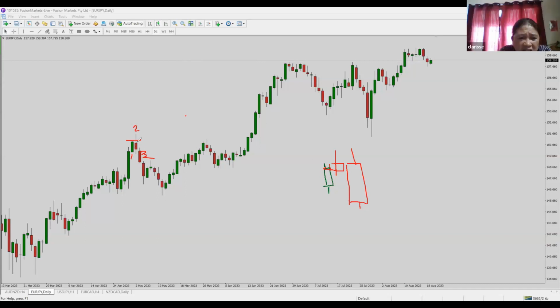Yes. The wick trade above the first candle high and then it close below the first candle high, which is here. That's DHL. Look at this. This candle, the red candle, trade above the candle on the left high and it closed below.